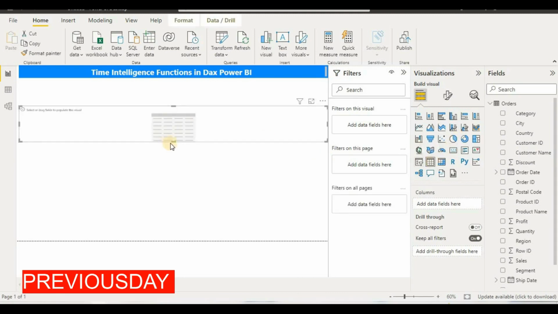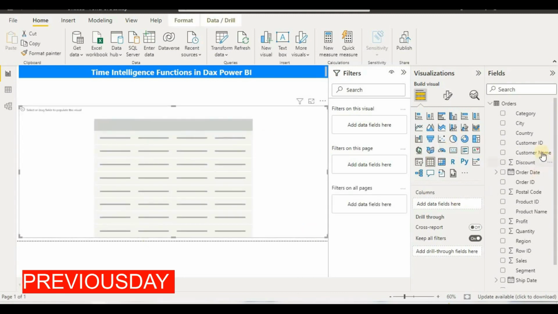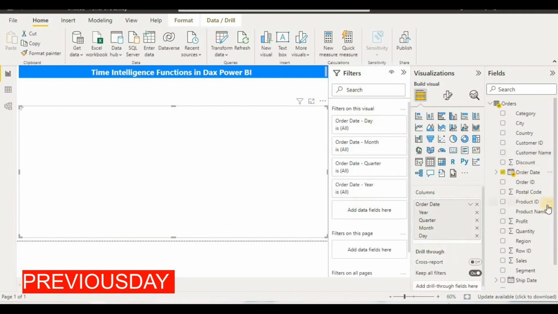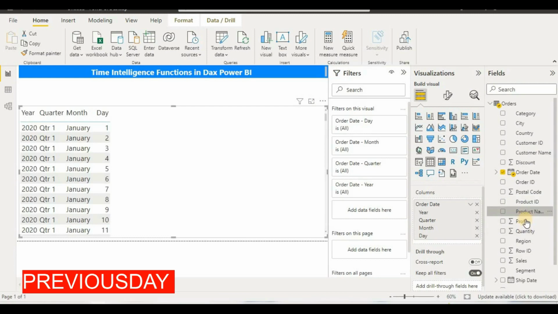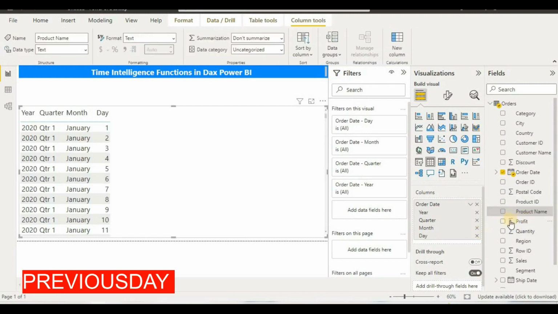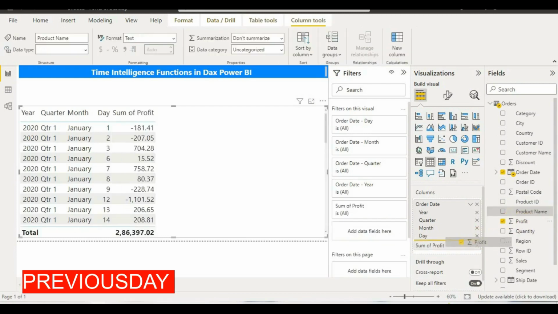So I just click over this table, and then here I will take order date, and after that I put here profit. I think order date is not there. I just again in column I have taken this order date, and then I will take profit. I just drag the profit here. Okay, so now we have year wise, day wise profits, like 1st January what profit we make, 2nd January, and